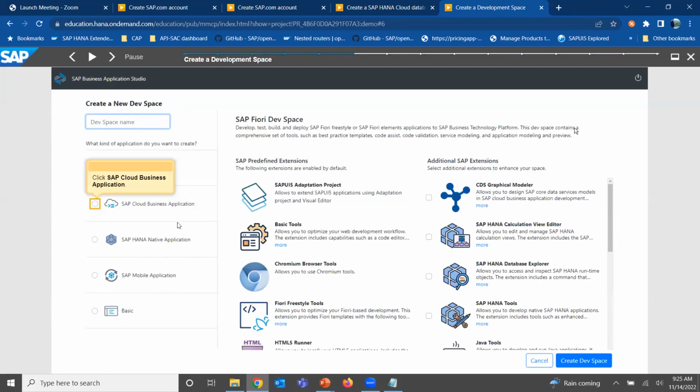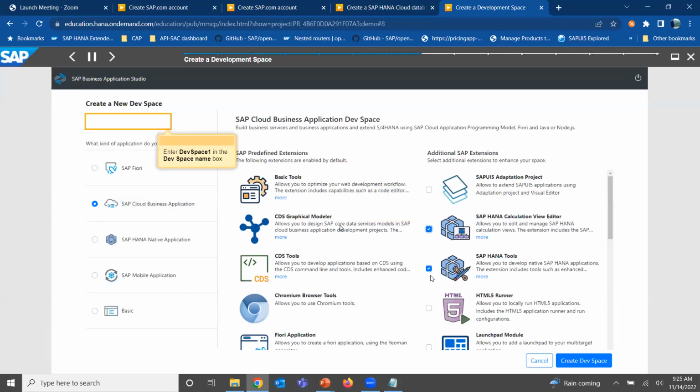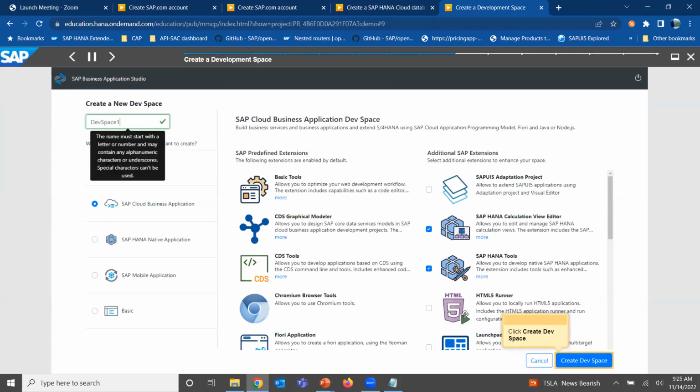You can choose HANA native application, or full stack cloud application, which is what is available right now, I think. So we choose like this. And on the right side, you will see the additional SAP extensions which you can add or remove whenever required. We choose HANA Calculation View Editor, HANA Tools, and then we create the development space.